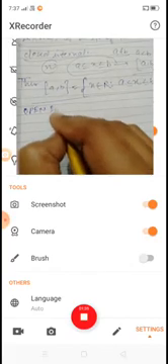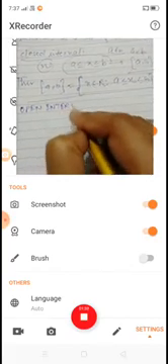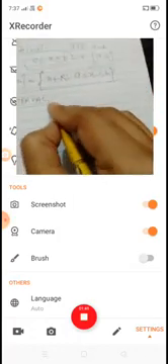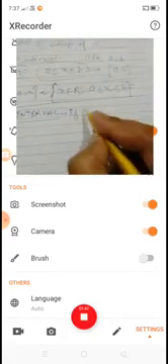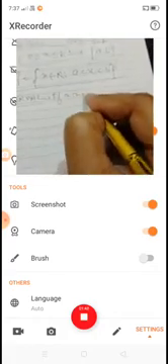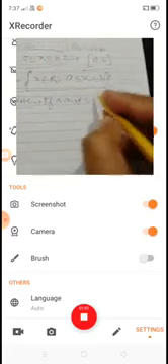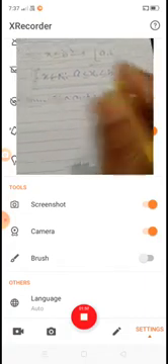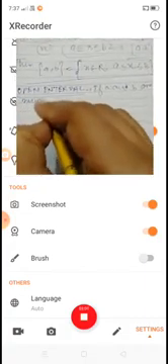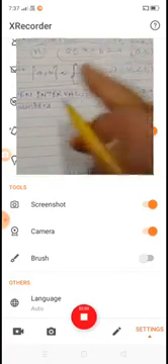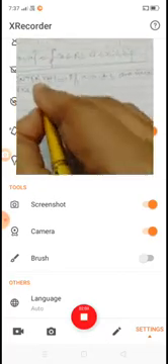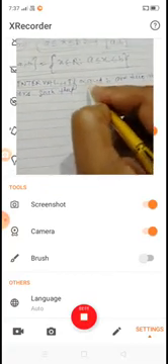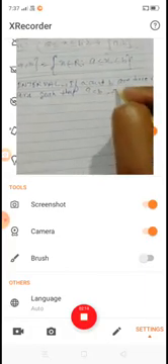Similarly, if a and b are two real numbers such that a is less than b, then